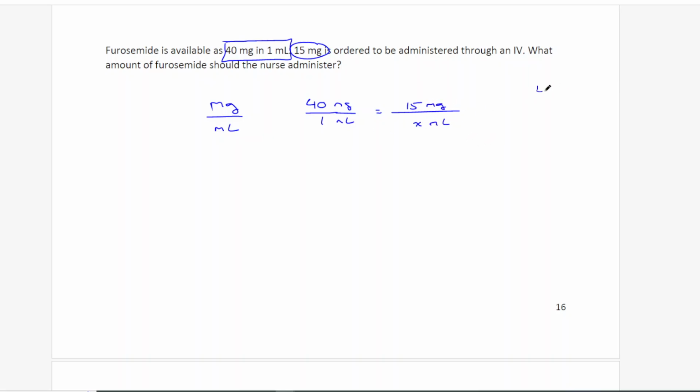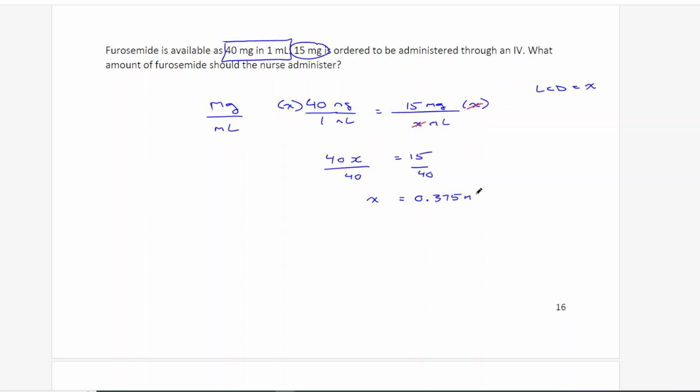To solve this, my lowest common denominator would just be 1x. So I'm going to multiply both sides by x. On the right-hand side, the x goes away. And I would be left with 40x is equal to 15. So to solve for x, I'm going to divide both sides by 40, and I end up with x is equal to 15 divided by 40, which is, crazy small amount,